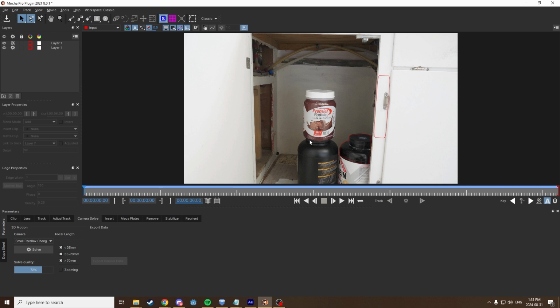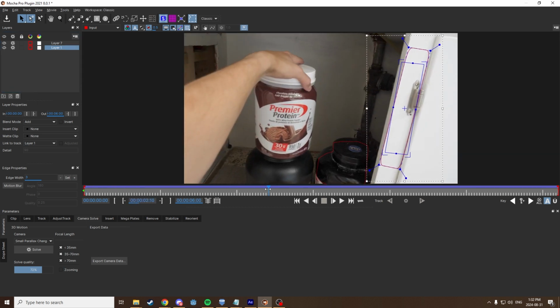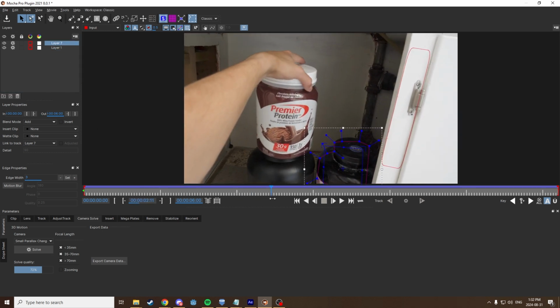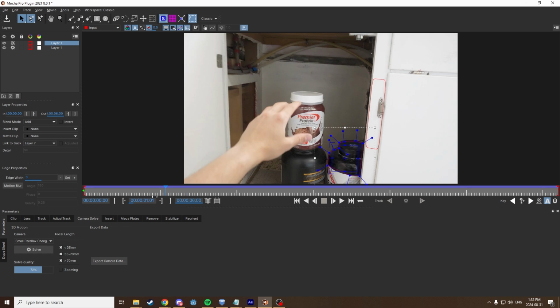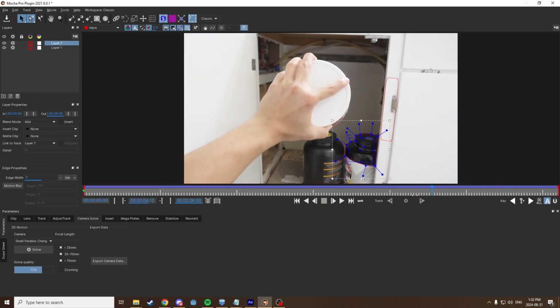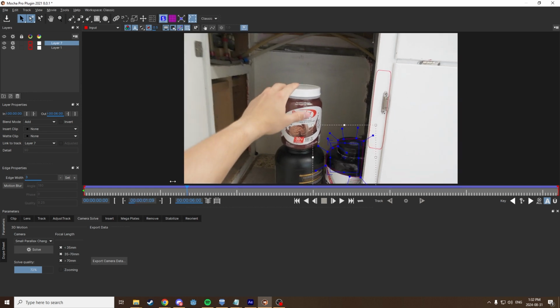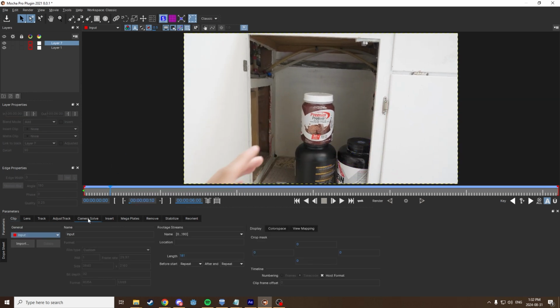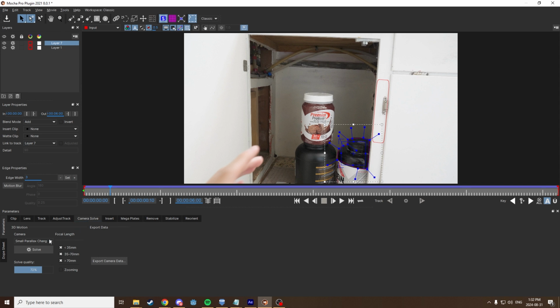Since the camera is moving in and out, it means we're dealing with a parallax shot. To solve the camera motion of a parallax shot, we need to track two different parts of the shot that exist at two different depths. In this case, it worked well for me to track the cabinet edge and this protein bin here. Using these two tracks, Mocha Pro can compare how much each of them moves, and then use that information to triangulate a virtual camera position,